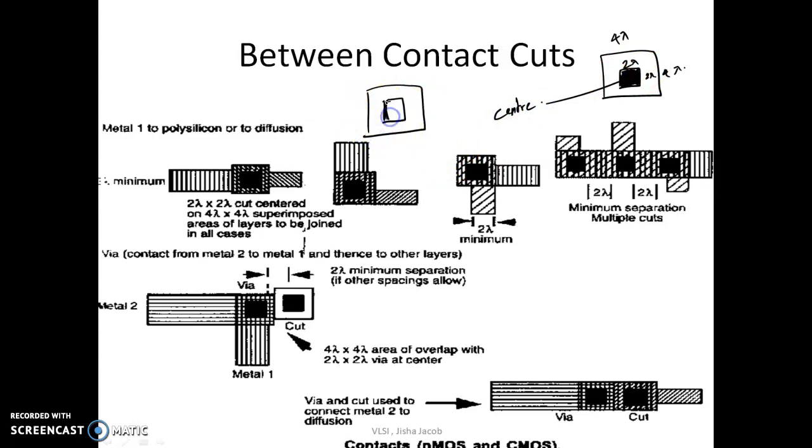One more thing, this contact is actually an electrical connection between two materials. That is the very definition of contact, right? A contact is an electrical connection between any two different materials. So the area surrounding the contact cut should show which two different materials are being connected here. How do I show the materials that are connected? By filling it with the code of the two materials.